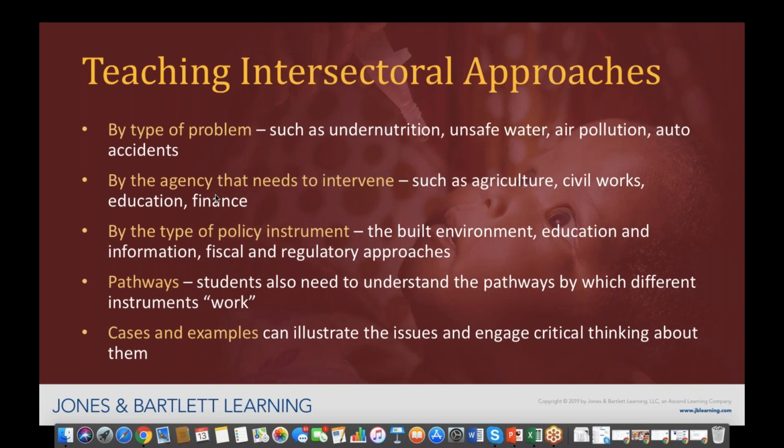And finally, let me end by suggesting, as I have before, as I've thought about this more and as I taught it, though not as well as I would want to, I've thought a lot about how we can use cases and examples to help our students move through these pathways, from understanding the particular problems and the risk factors to understanding what can be done and how it is that intersectoral approaches are important, and even the kind of approach one may take to ensuring that the action by the Ministry of Health is complemented by others.